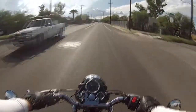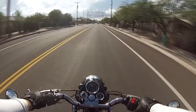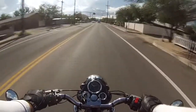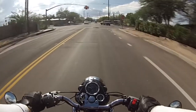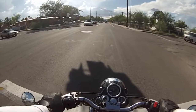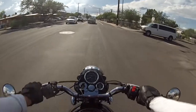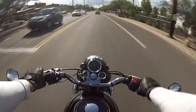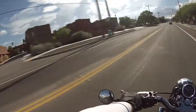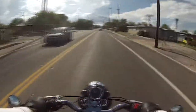Interesting thing about these rains now, the remnants of Hurricane Odile or whatever it was called definitely contributed to our moisture. But this monsoon season's actually been pretty decent. It seems to have turned on and turned off and then turned back on again. But now that the hurricane moisture has gone through and really saturated the ground in a lot of areas, one of the things that's happened is our regular monsoon, which kicks up in the afternoons like it is right now,